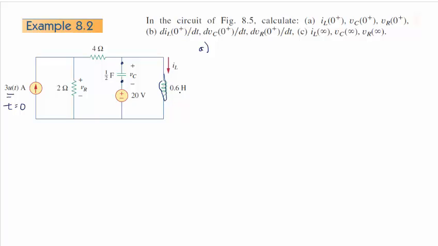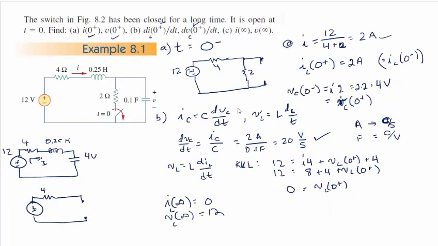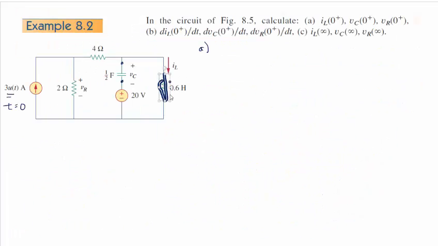So I was trying to draw a short circuit. Sometimes it's hard to draw on this drawing pad. It's a little bit sensitive. So this one is now a short circuit at t equals 0 minus. I'm just going to short it out to remind us it's a short circuit at t equals 0 minus.